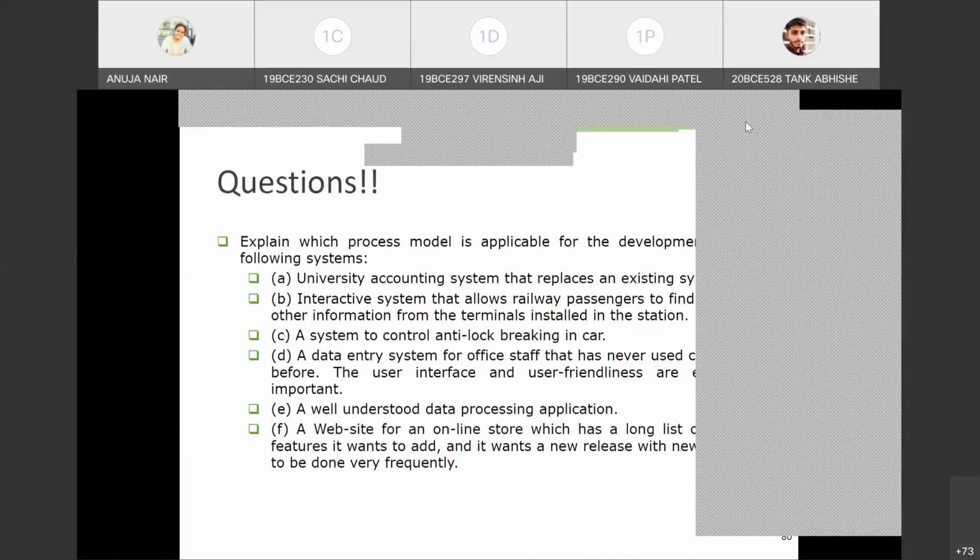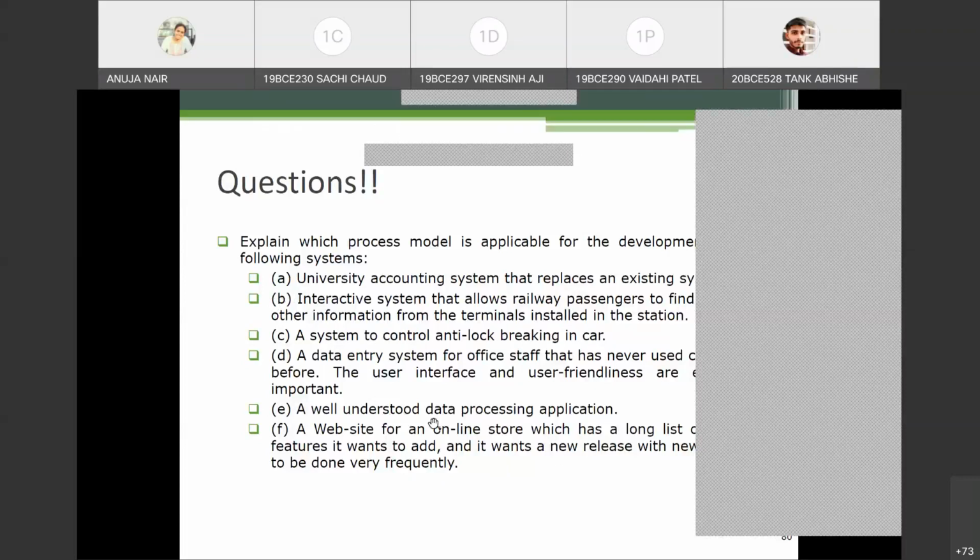Because these systems will keep on changing their requirements in terms of UI. So you don't want to end up creating an entire system and changing it again. So you just create a prototype and work on the prototype. If it is satisfied, then go further. If it is not satisfied, change the prototype, right? This was what we talked about in prototype model. As rightly pointed out by a few students, 4-5 students, for question number B the best suited model is prototype model.